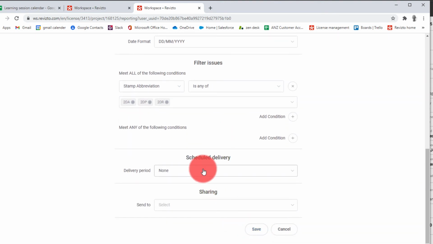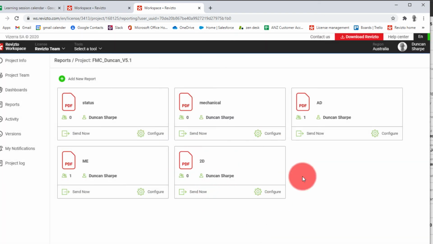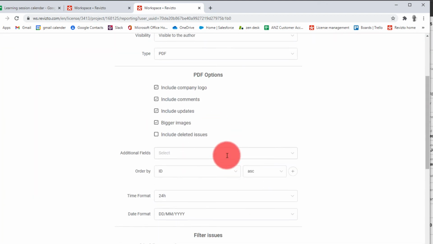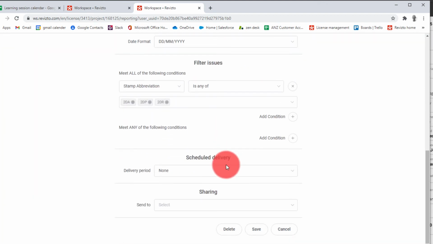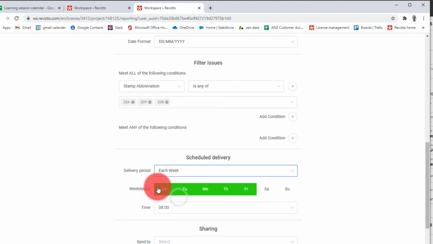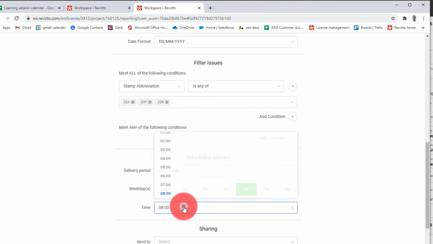At this point, I'll just save that for a second. So there's the report. We're going to very quickly go back into configuration, so you can see everything we've just done is saved. The choice here is you can schedule a delivery, as you can with all the other reports. You can go each week, and today's Friday, so we'll do one on Friday,